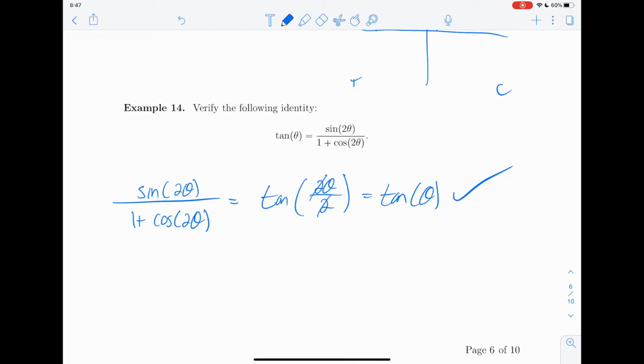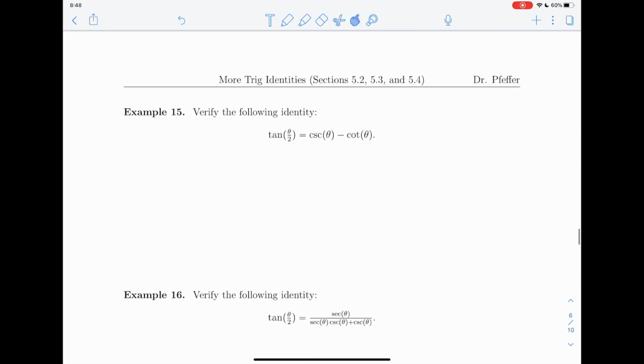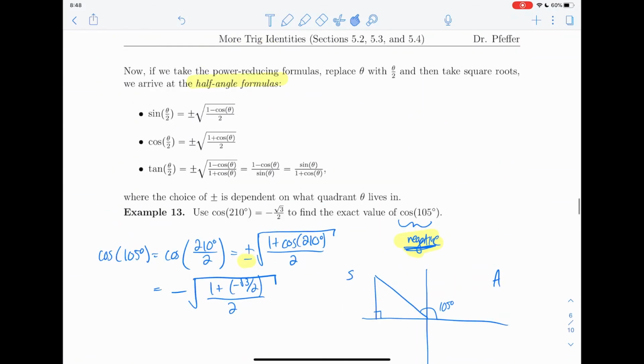So with the addition of all these trig identities, we are unlocking so many additional, more interesting trig identities. Certainly, this is the type of trig identity that no one would have thought is true. We can do additional interesting trig identities, like the fact that the tangent of theta over 2 is simply the cosecant minus the cotangent. The best way to recognize that is to go back to your half-angle identities. And now, when you look at tangent of theta over 2, don't use the last identity, but use the middle identity. Because here you can get a common denominator. So using that identity,